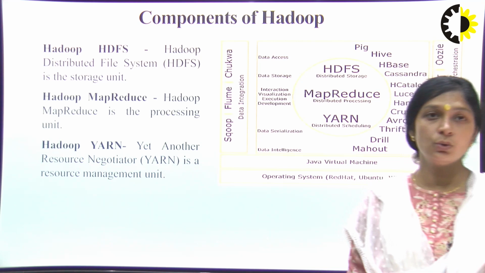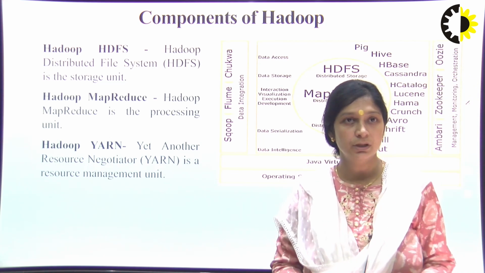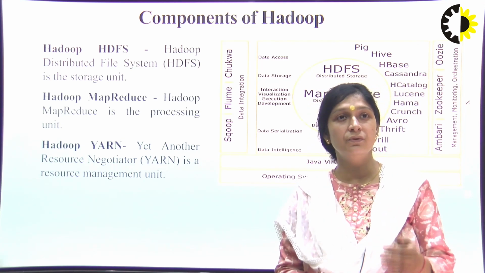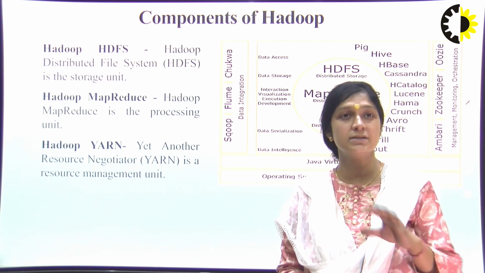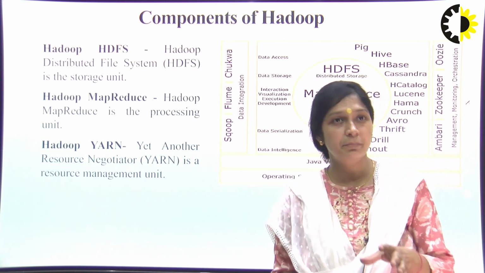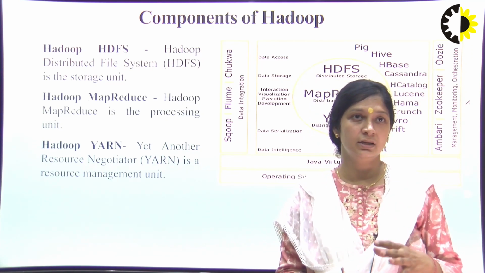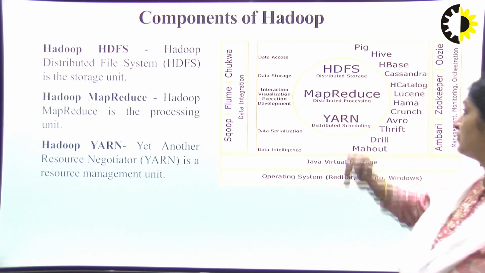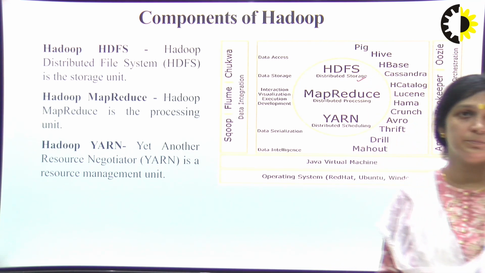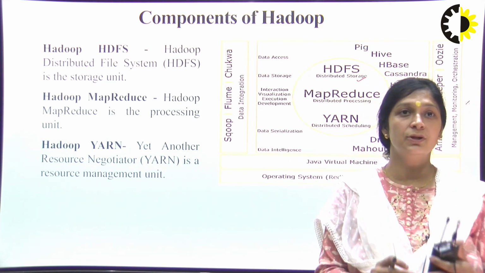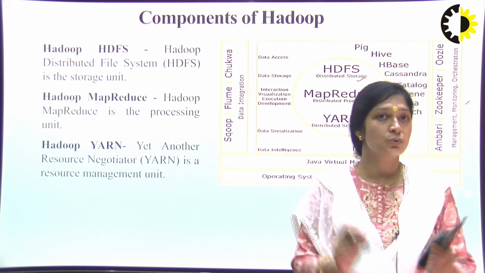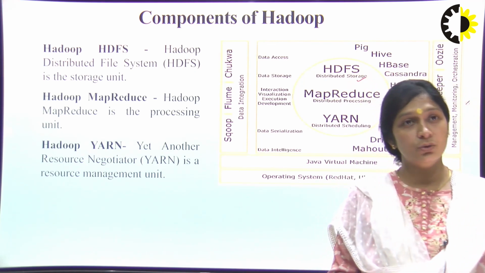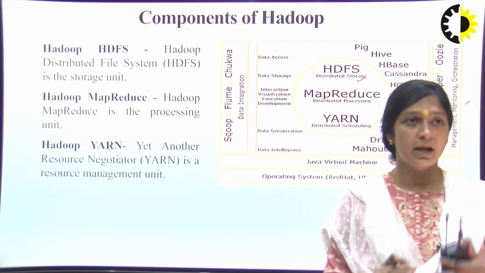As you all know, to handle big data in Hadoop, we need to understand how we will store the big data. And second, if we have stored the big data, how we will process that big data. To store that big data efficiently, or you can say in parallel for efficient processing, we will use HDFS, Hadoop Distributed File System. HDFS is used for distributed storage only. I have stored the large amount of data or complex data set. But now the question is how we will process that big data, that complex data set.